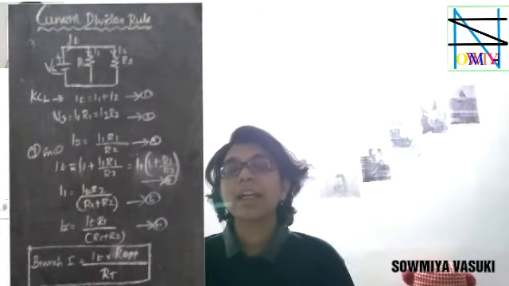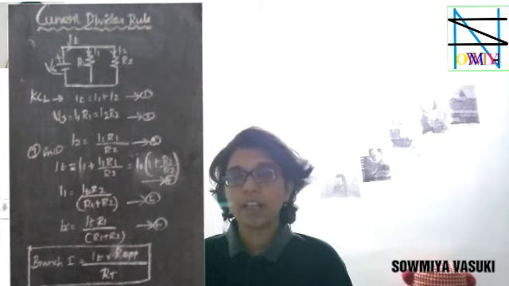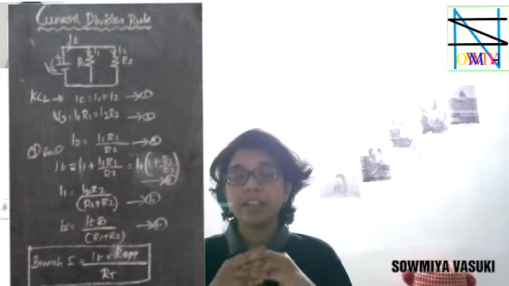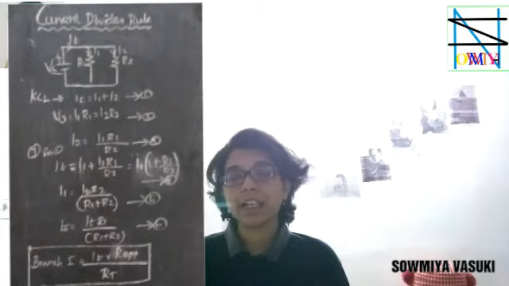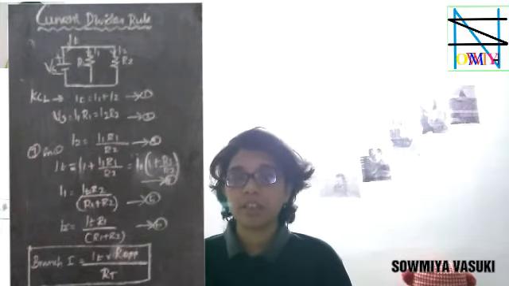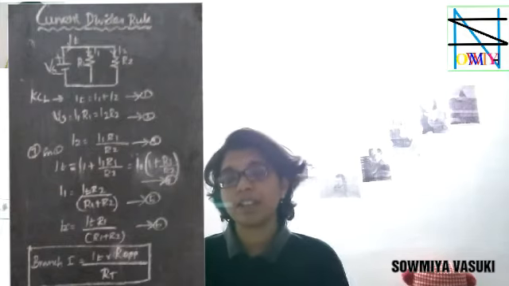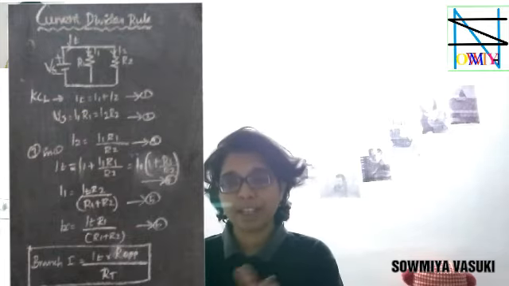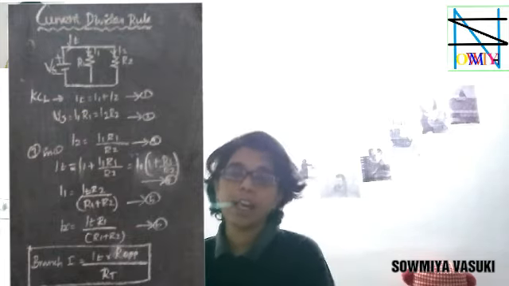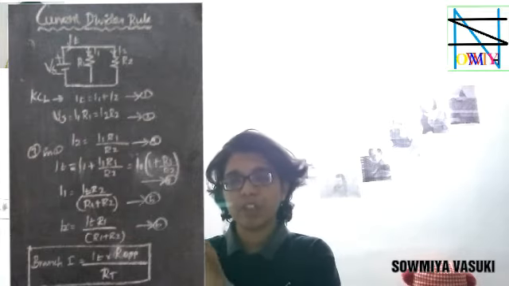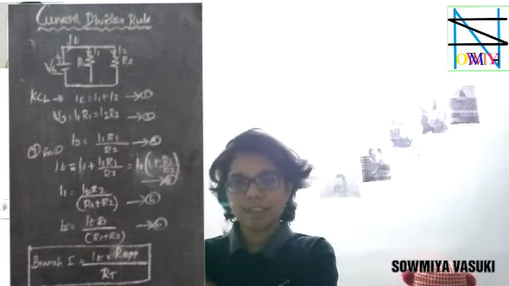So this is the voltage divider rule, and another one is the current divider rule, which consists of Kirchhoff's current law. In this network, resistances R1 and R2 are connected in parallel. Kirchhoff's current law says, the first equation, I total is equal to I1 plus I2 up to In. This is the first equation. So Vs is equal to I1 R1 equal to I2 R2 equal to In Rn. This is the second equation.